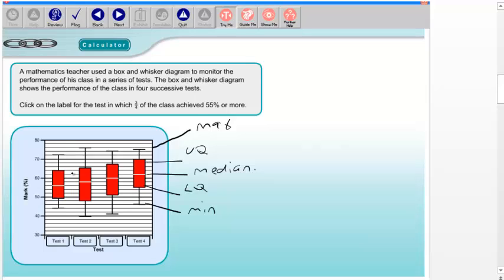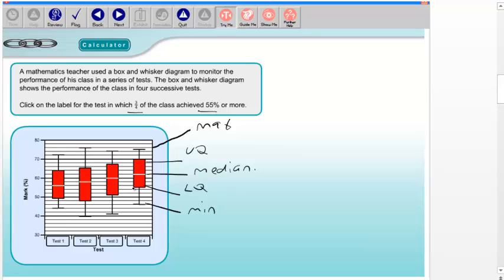So how can we use that information to answer this question? Well, let's look at the target they were interested in. We were interested in which test did 3/4 of the class achieve 55% or more. So the key information is about the 3/4 of the class. What we actually want is the lower quartile and above, because that represents 3/4 or 75% of the class. So we need to have a look at 55%,